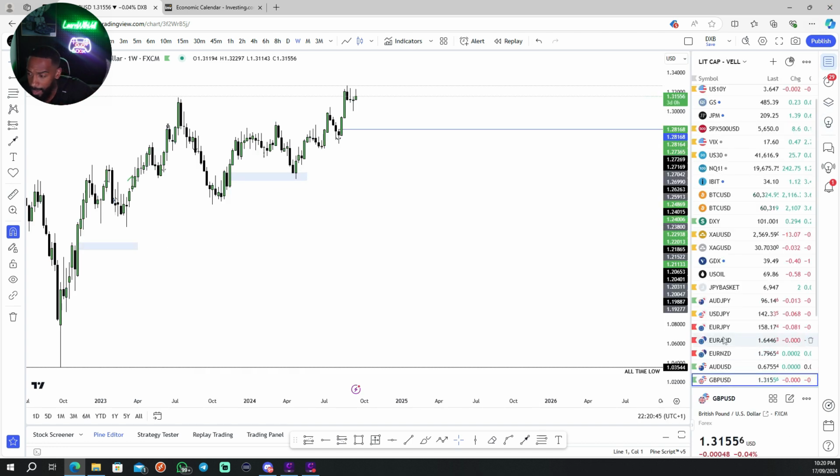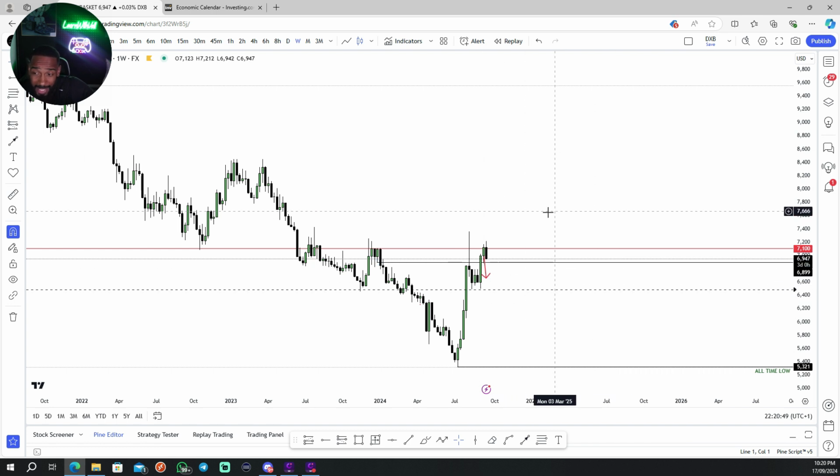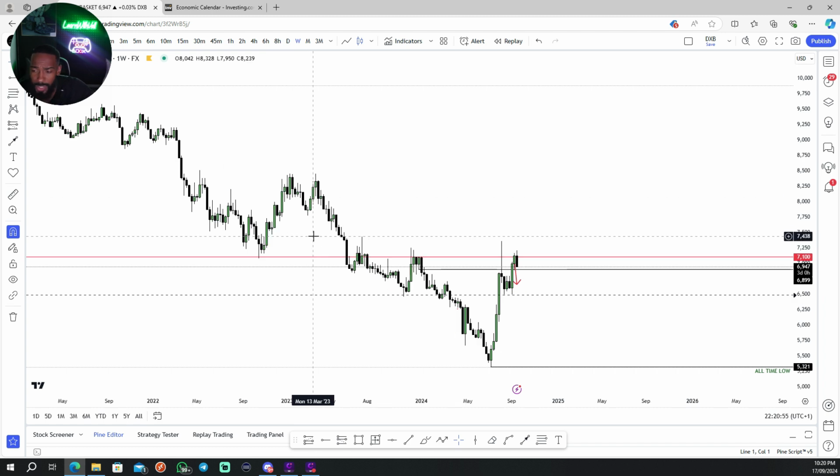As always, I want to show you guys the Japanese yen basket. We do have the Japanese yen interest rate taking place on Friday. Now, we know that the Japanese yen has had a negative interest rate for over 2.5 decades, I think almost 3 decades. So because they've now gone into a positive interest rate, it means, with everyone trying to cut their rates, the Bank of Japan probably aren't going to cut anything.